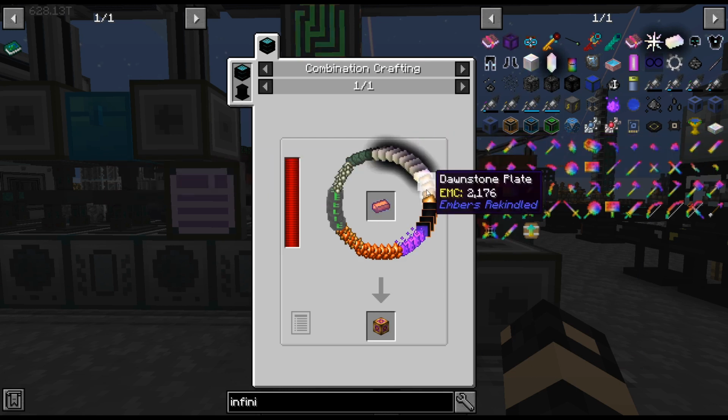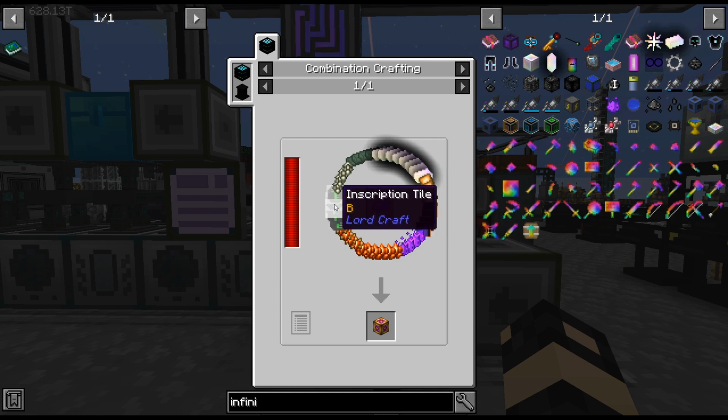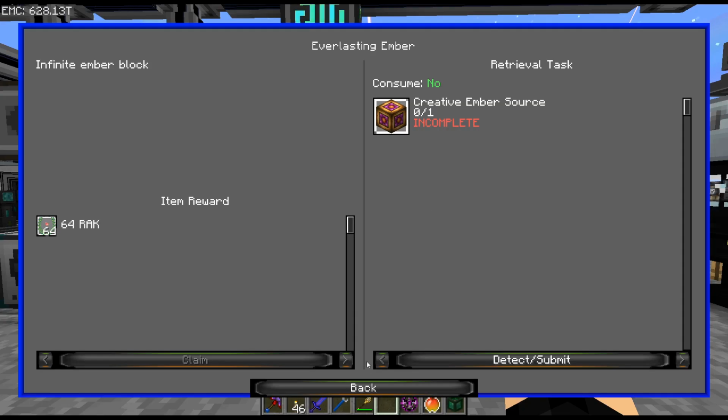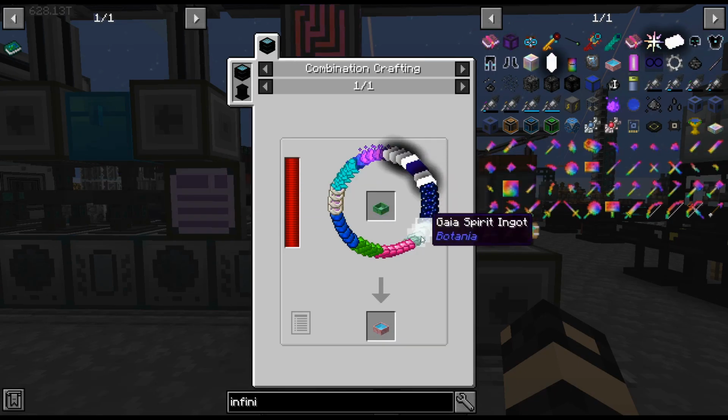We have infinity ingots, dawnstone, heavy duty plates, creative essence, ember crystal clusters. I mean, we could basically do that. Obviously, I would need to expand our combination crafting thing. But yeah, we pretty much... We're kind of at the... Alright, so stuff with chaos ingots we can't do. But...